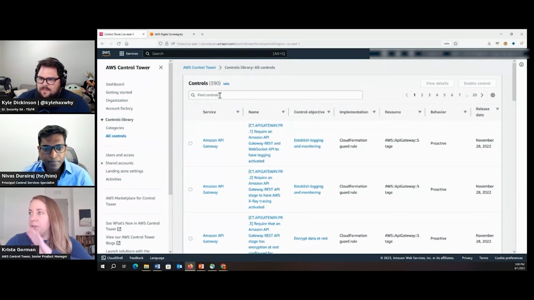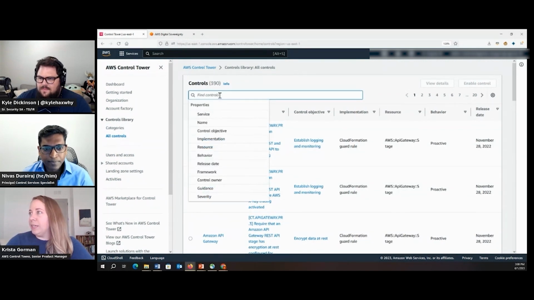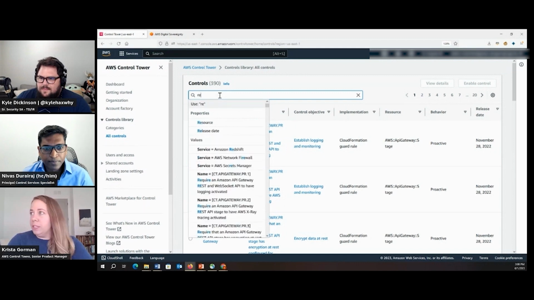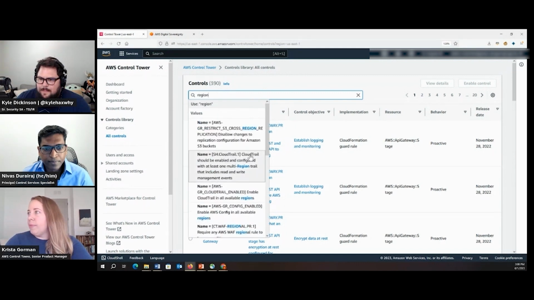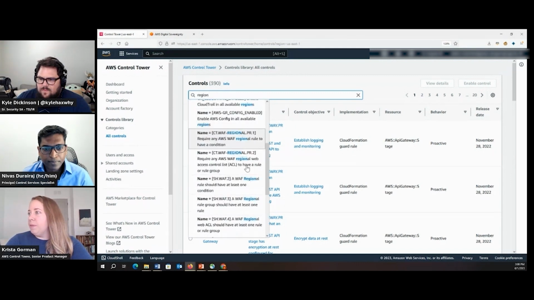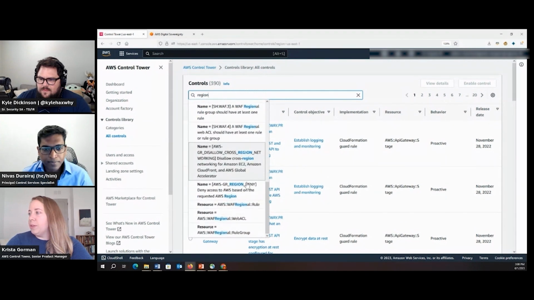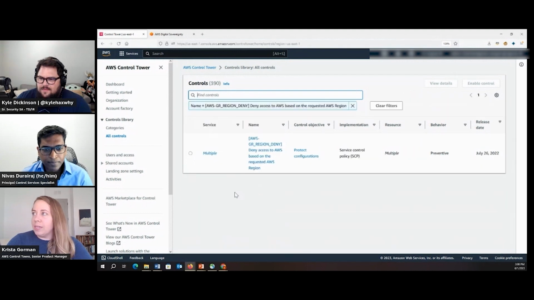So I'm going to go to our controls panel here, and I'm going to just search region controls. You can see there are quite a few available, but what I'm actually going to focus on is this region deny control that I mentioned. This control is the only control that is actually applied at the landing zone level.